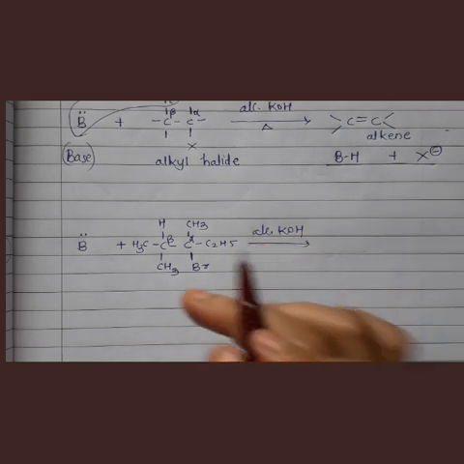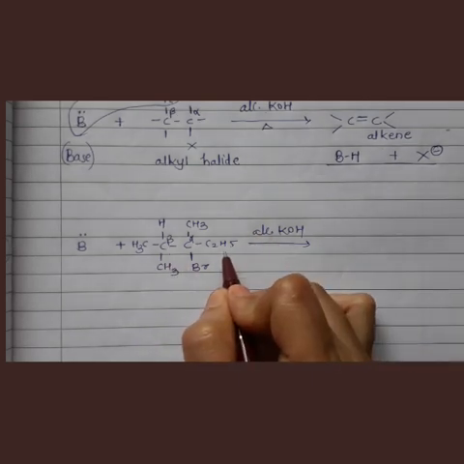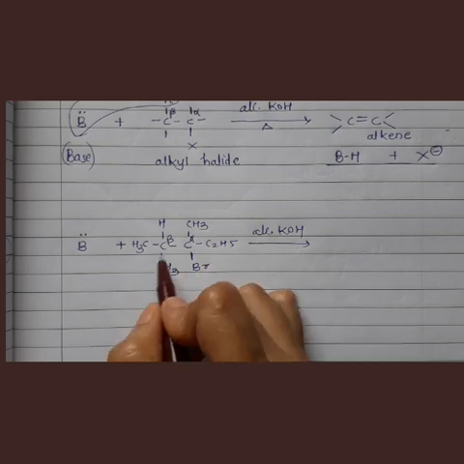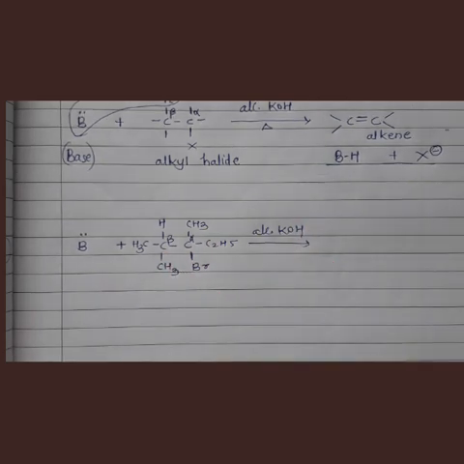So on both the sides this reaction is possible. Elimination of hydrogen will take place from this side also, and elimination of hydrogen can take place on this side also. And which product is major product? To decide that there is a rule which is called as Saytzeff rule. So let us see one more reaction and let us see how to write the preferred product or most preferable product. How to find that.